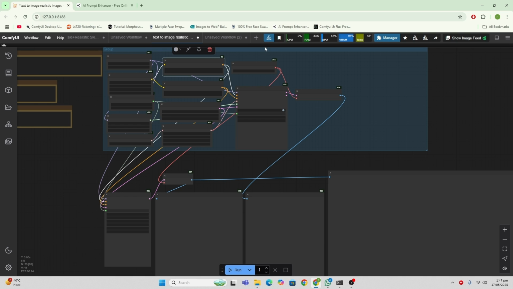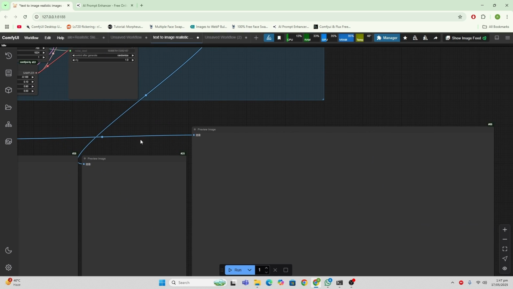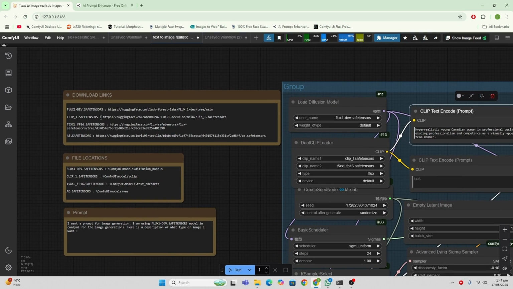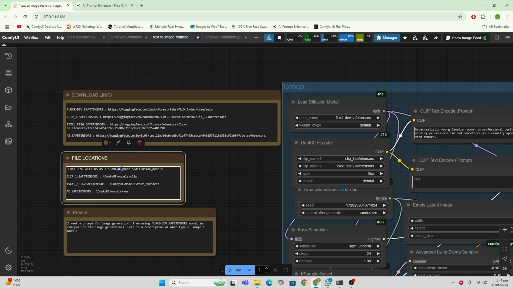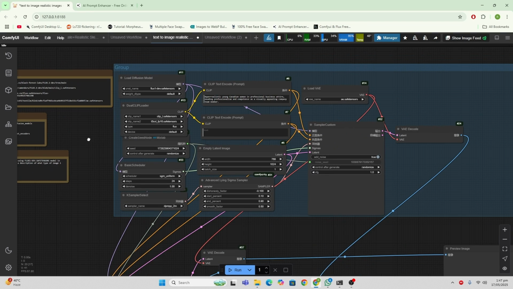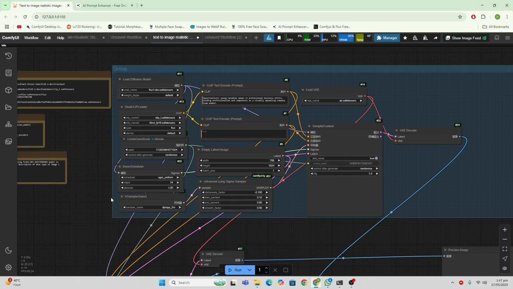After installing all the custom nodes, the red circles around the nodes will be gone and you will be good. After that, you go and copy and paste this on your browser and download these models and put these models in these exact file directories with the exact names. So you don't have to worry. I have given you a full detailed beginner guide on how to install it, so everybody can use these workflows. So let's start with the workflow.